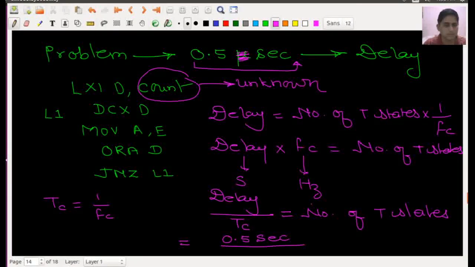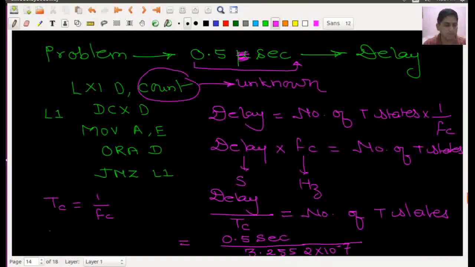There is a small correction here. So 0.5 second divided by Tc. This Tc is just the reverse of this one. So approximately it is coming just like 3.2552 into 10 to the power minus 7.